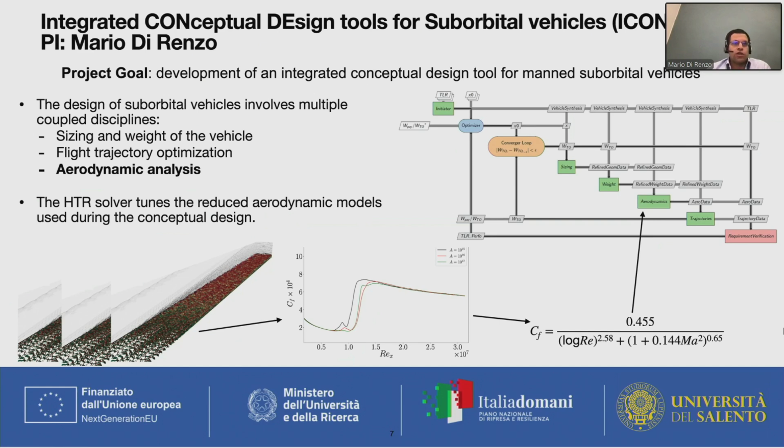And the HTR solver in this case is used to perform direct numerical simulations of several elements of the vehicle and to predict the thermal and mechanical loads on these elements. These data are then fed into some kind of reduced order model, something similar to what you see on the bottom right of the slide, and these then go back into the